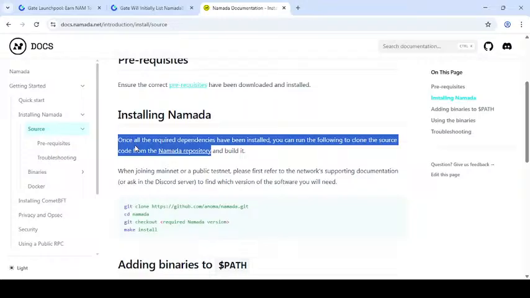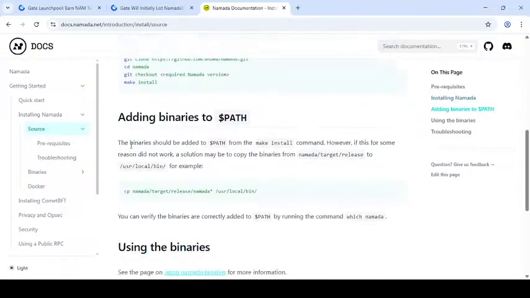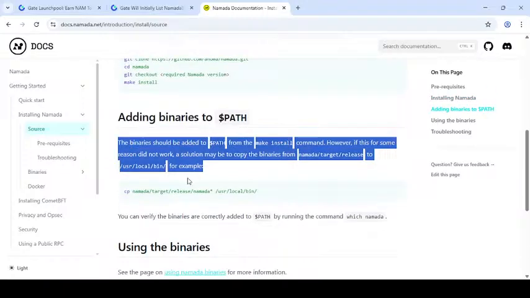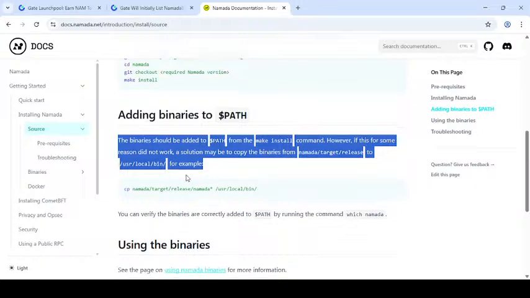We need the binaries, which should be added to the path from the master branch.